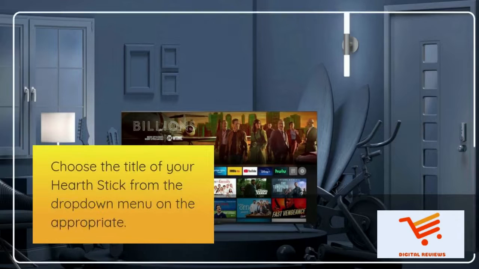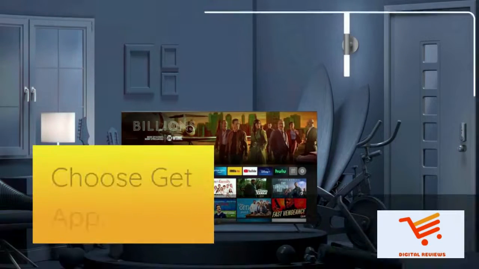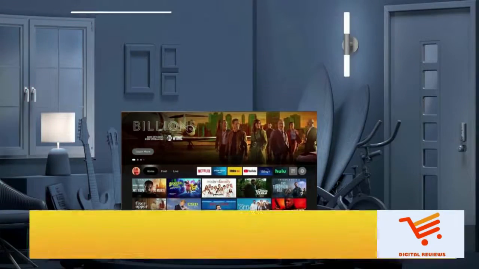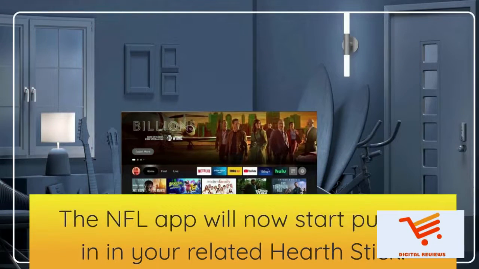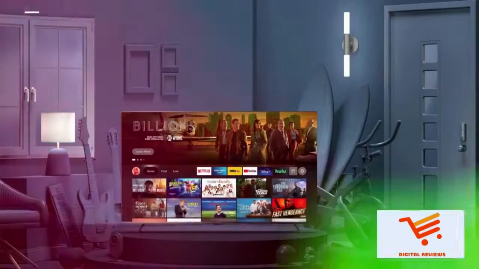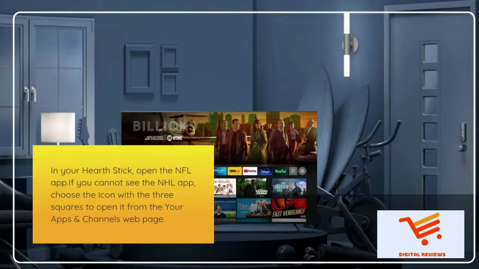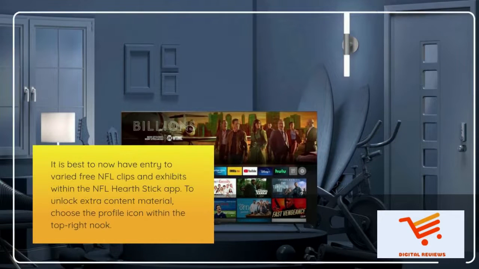Select the name of your Fire Stick from the drop-down menu on the right. Select Get App. The NFL app will now start installing on your connected Fire Stick. On your Fire Stick, open the NFL app. If you cannot see the NFL app, select the icon with the 3 squares to open it from your Apps and Channels page. You should now have access to various free NFL clips and shows in the